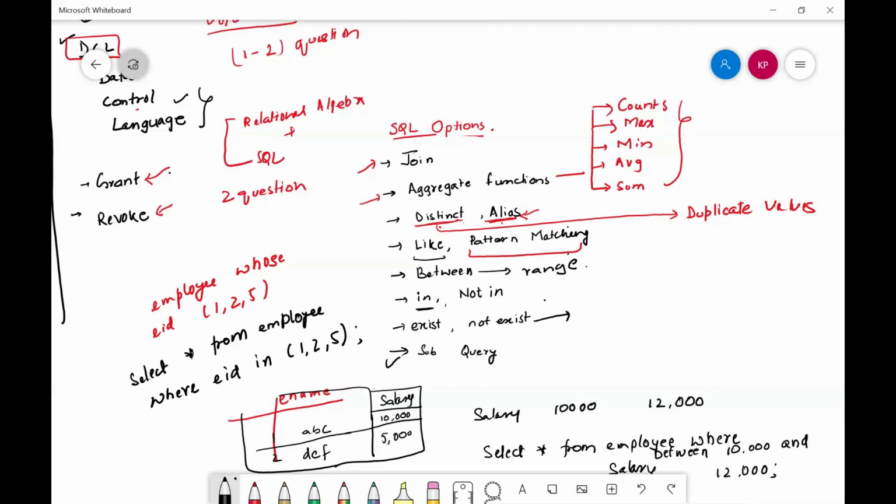From the NET perspective, this subquery part, the join part, and the group by clause part are important. Group by is used basically to group certain rows on the basis of certain values. These three things are very important from the NET perspective, and the major part of the questions comes from this part only.